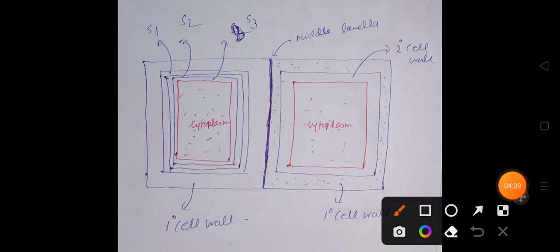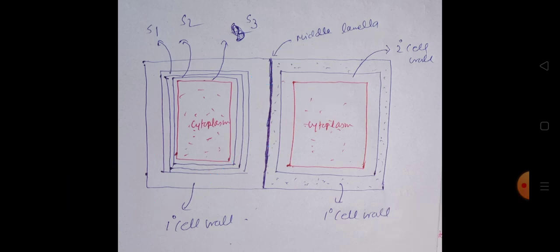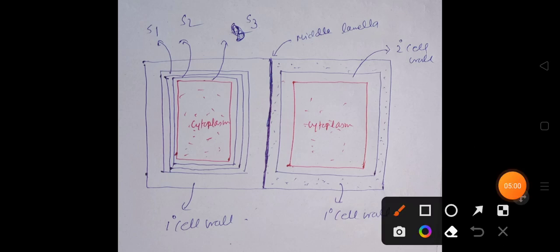So for a quick recap, the primary cell wall will be deposited on either side of the middle lamella, right? The thickness is 1 micrometer generally, but it may go up to 10 micrometer when we are talking about what? Collenchyma. Along with that, cuticularized cell walls are thicker. And now when we talk about the composition of the primary cell wall, it is composed solely